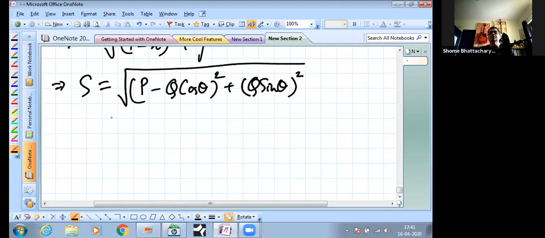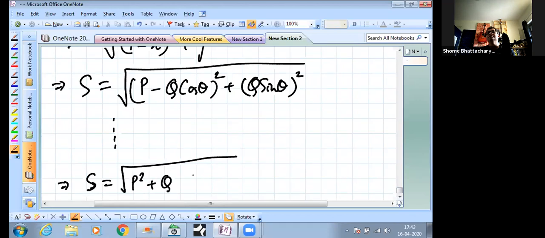So do these steps and you should come to the answer that S, yes, very good Ishita, that's correct. You will get it as p square plus q square minus 2pq cos theta. The same trick. You take sine square plus cos square as 1 and you will get this. Okay. So this is the final value of S you will get. Now open the whole square, then take sine square plus cos square equal to 1 after taking q square common, and you will come to this step. So just a couple of steps from this point onwards.